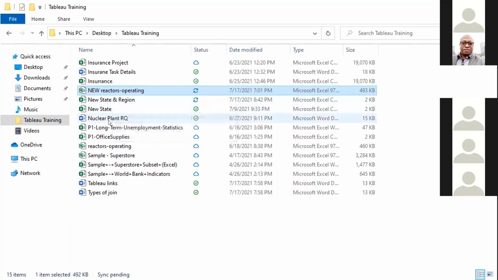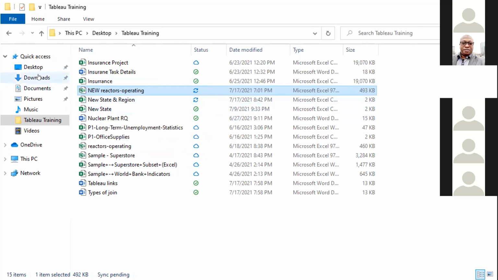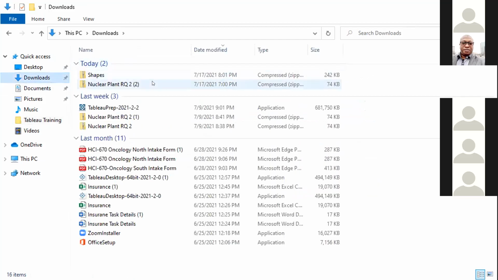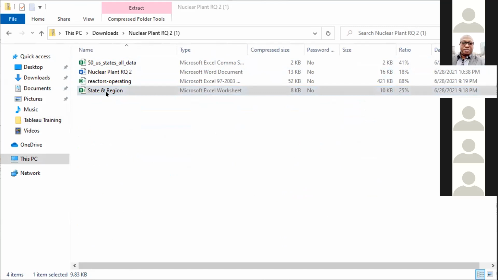Open that one that says new states and region. Go to your download. You did download all of the 3 files. Open the zip folder I sent to you, double click on the zip folder. So copy the one that says state and region and put it in your folder. I'm sorry, y'all.